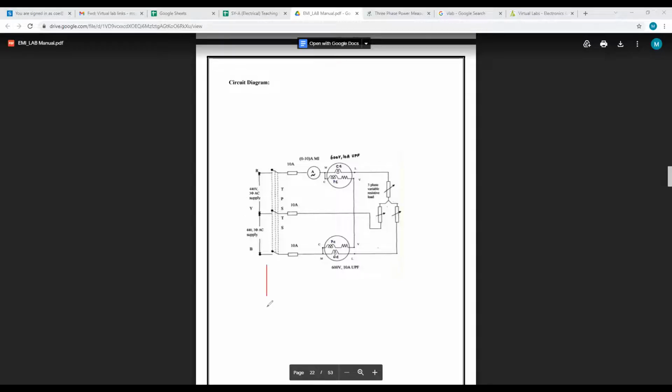Before that, in between we have to use one single phase variac here now. I will change this diagram and give it to you. Actually it was prepared by old subject teachers, so it does not give a clear picture. So here the variac, here R, Y, B. The output we will take like this, from this one.